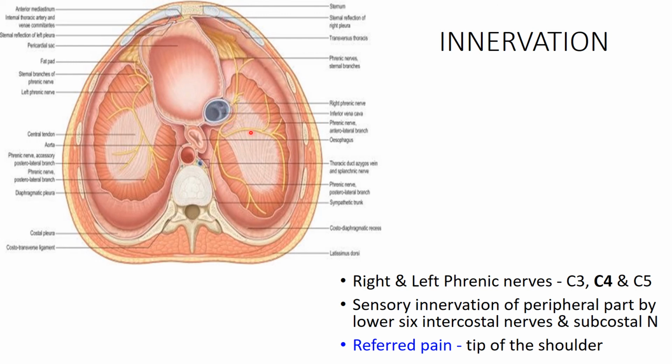When this diaphragm is irritated or involved, as in case of subphrenic abscess, basal pneumonia, pleurisy or pleural effusion, a referred pain is perceived at the tip of the shoulder, and that explains their origin at the cervical level as well as the common innervation to both the tip of the shoulder and the diaphragm.